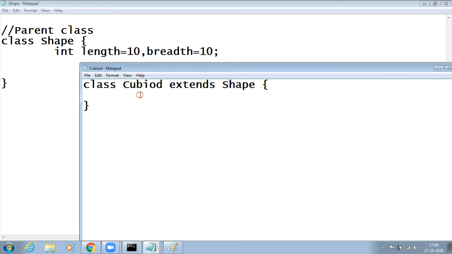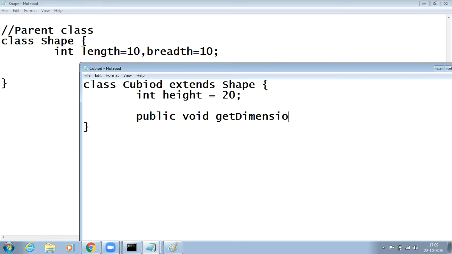Cuboid is a class which contains some properties like height equals 20, and I keep a method for cuboid, public void getDimensions. In it I print the dimensions: length, breadth, and height of the cuboid.